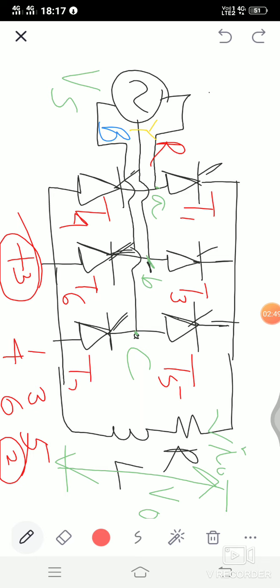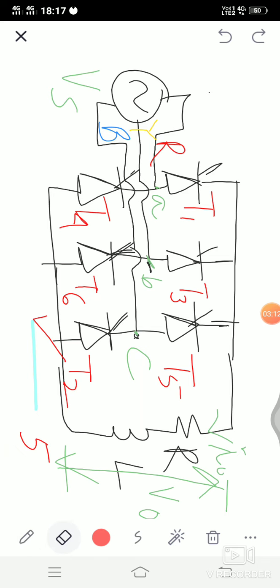T6, and T2. So once again I am repeating, upper group will be the odd numbers from 1 to 6. So 1, 3, 5. So you can see over here top groups are T1, T3, and T5. And in order to get the lower group, we'll have to add plus 3 in it. So T4, T6, and last one is the remaining one, T2. Right? Okay.